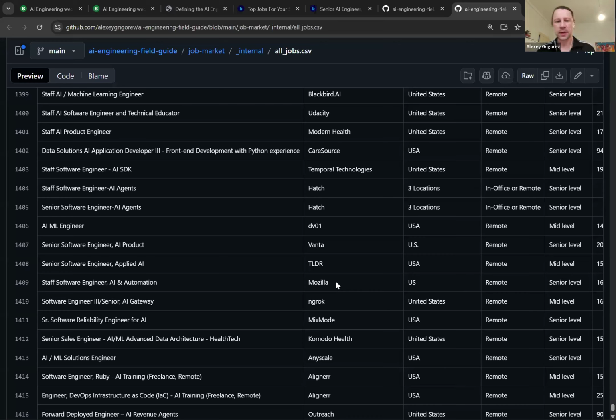I know that in some companies there could be multiple AI engineers for different teams that might have different responsibilities and different requirements. But I thought it would be easier to just deduplicate based on that, so I wouldn't need to do any extra cleaning to understand what is a duplicate and what is not.